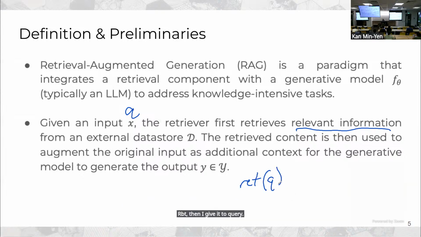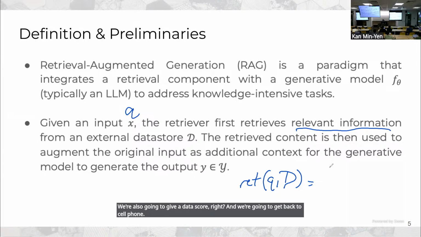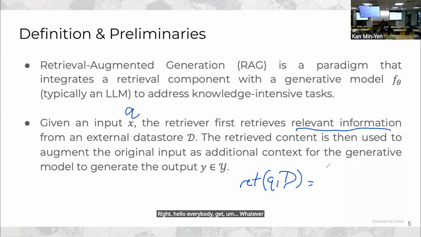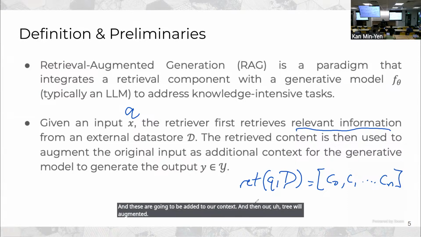And we're also going to give it a data store, right? And we're going to get back a set of documents, right? So we're going to get whatever retrieved context. Let's call that C0, C1, C10. Okay. And these are going to be added to our context, and then our Retrieval Augmented Generator, our LLM,